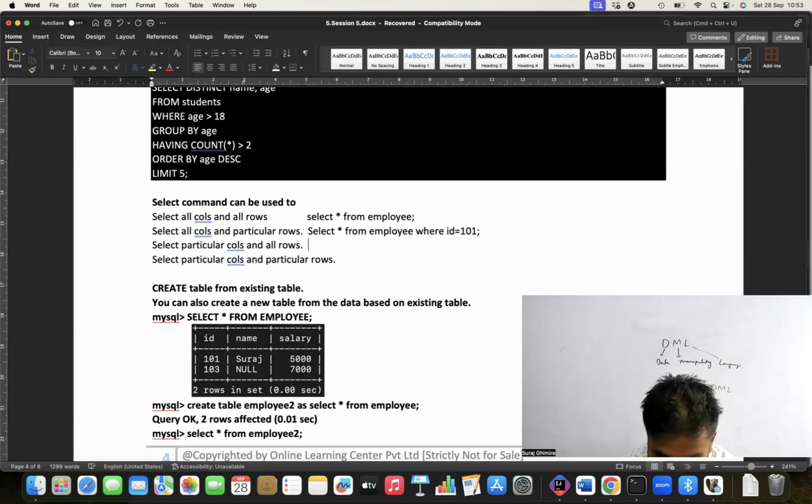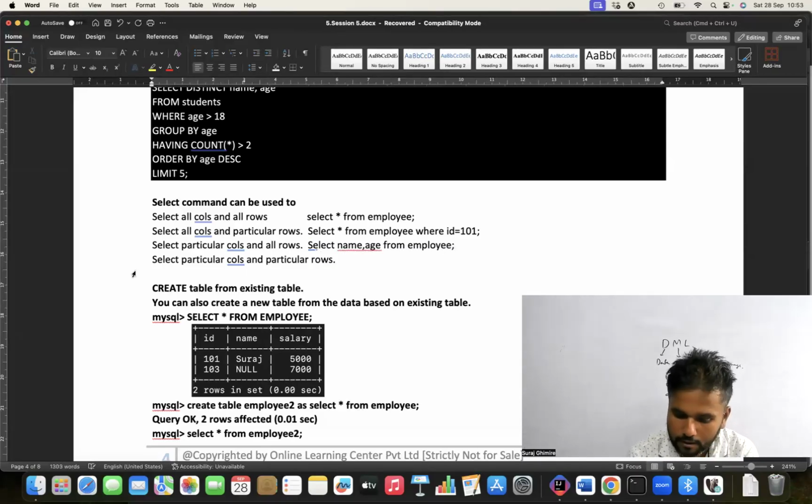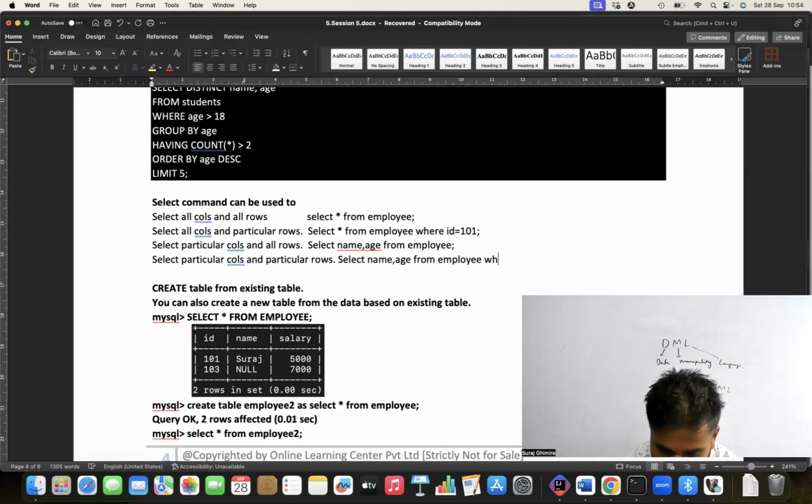That means something like this: select name, ID from employee. Now if you see, particular columns, a few columns from employee, no condition, which means all rows, right? And the last one, select particular column and particular row, which means select name, ID from employee where